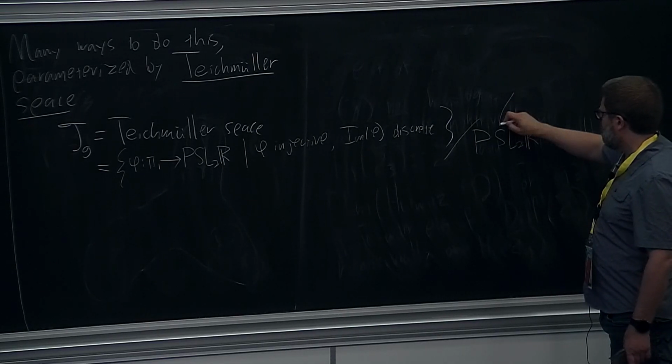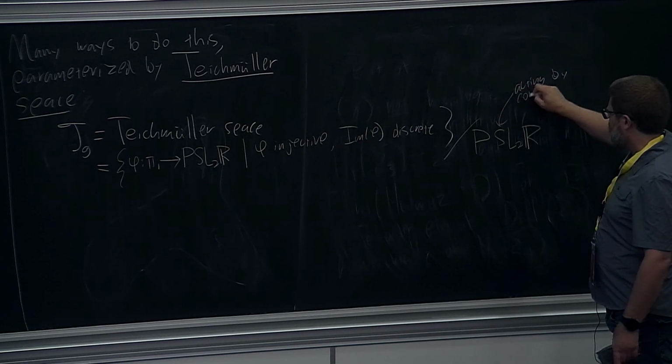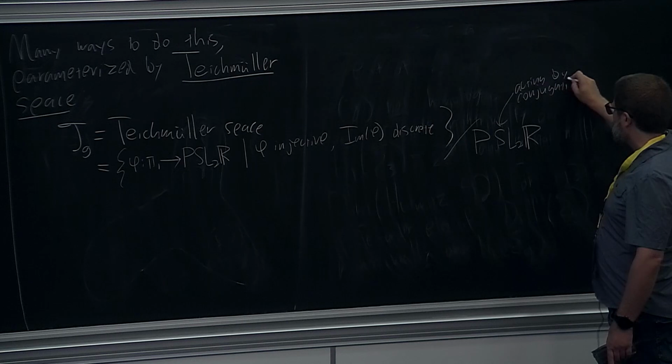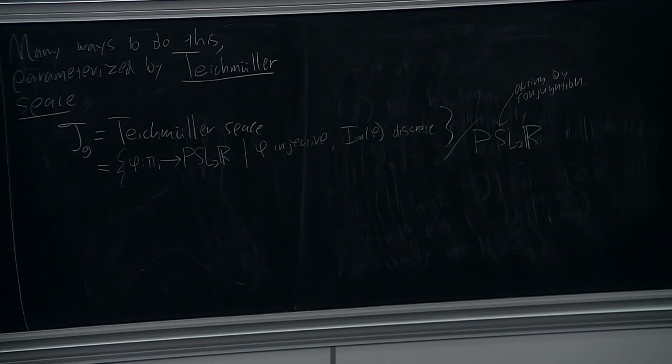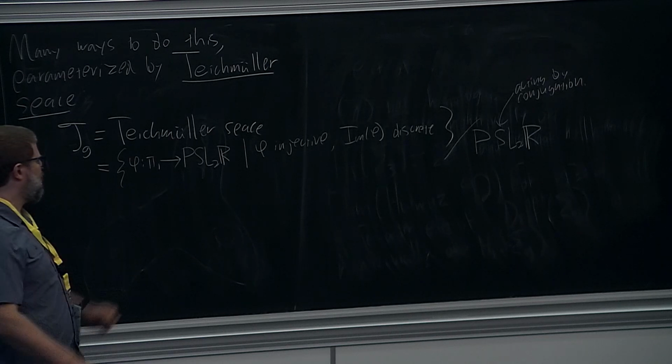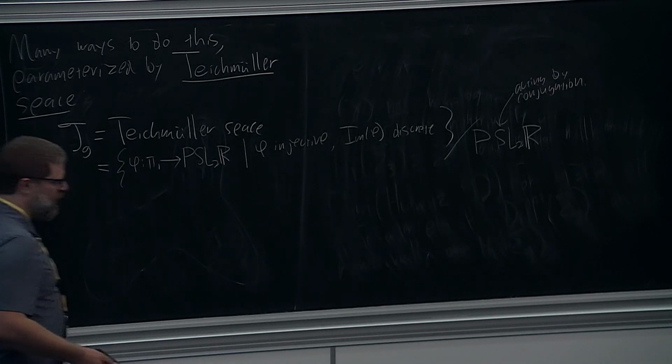It's acting by conjugation. The reason I have to do that is there's no canonical base point here, right? And so conjugating is just changing a base point, and I don't want to fix a base point somewhere. Okay, so I want to think about what kind of space this is right here. I'm parameterizing all the ways of writing our surface as H2 modulo some lattice. And so the first thing I can do,